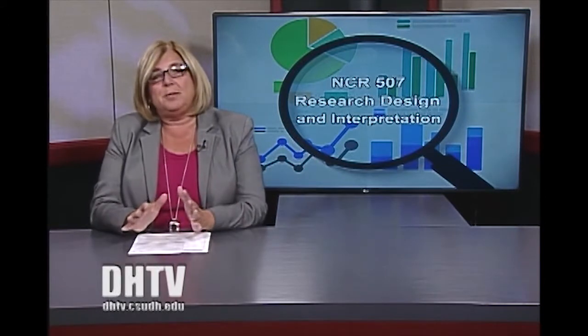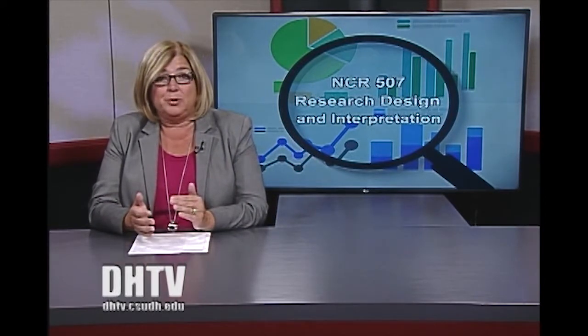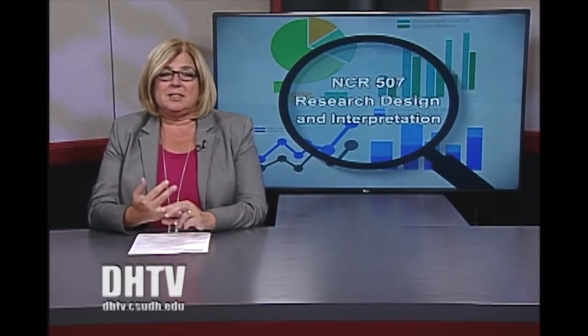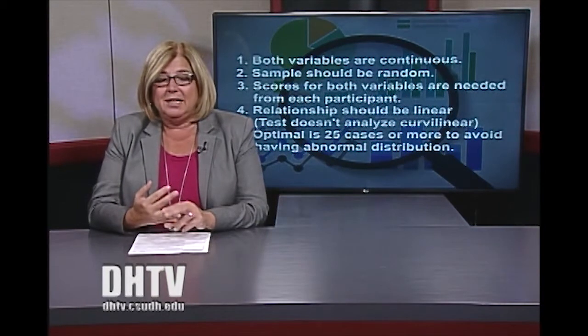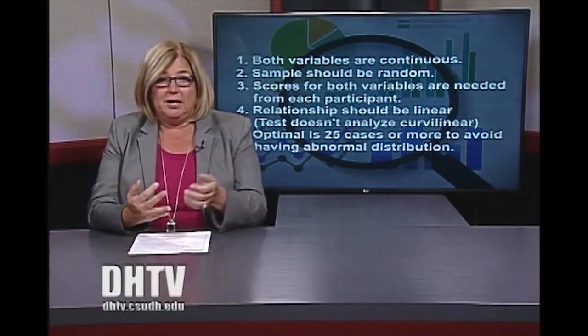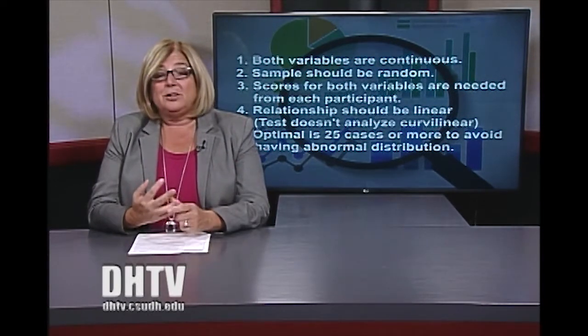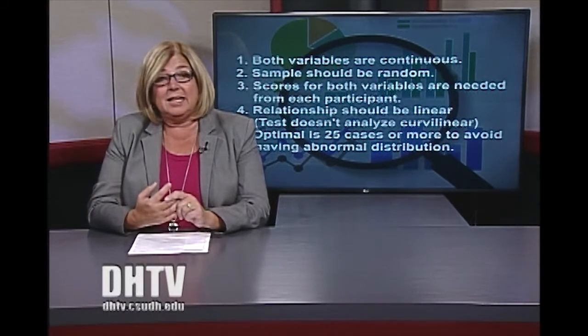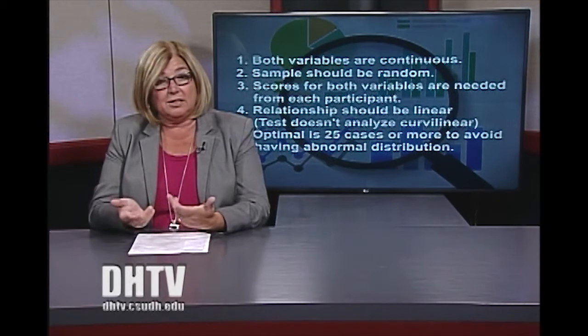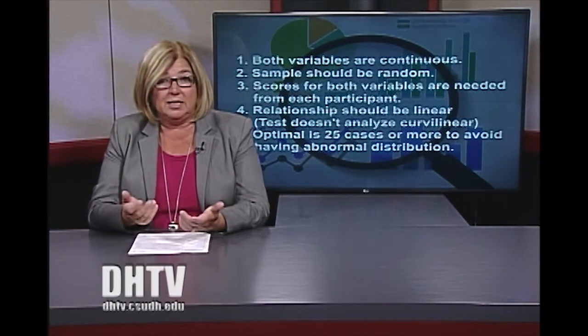Now, as we approach the Pearson correlation, we want to understand a few assumptions. One is that we're using a random sample. Another is that when we run a correlation, we have to have the data on both variables. We've already talked about how the variables are continuous. We understand also that correlation is linear, and so it's a linear analysis, which is different than, say, a curvilinear analysis, and that would be a different kind of test.